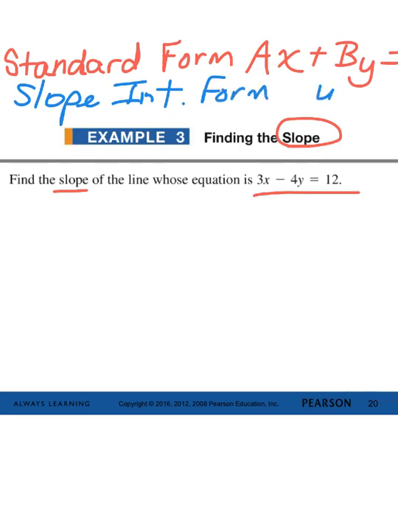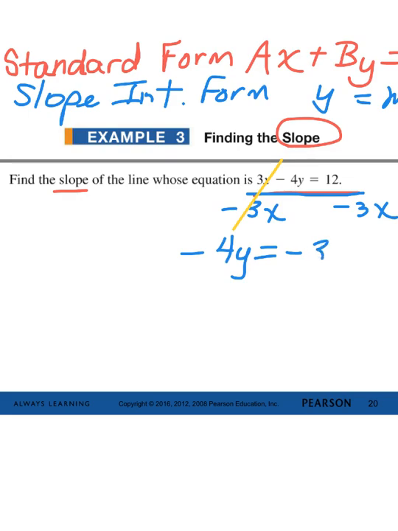Which is y equals the slope times x plus b. And we don't actually even have to find the whole equation, we just really need to find the slope. So what we would do is we'll take the original equation that we have here, 3x minus 4y equals 12. We're going to subtract 3x from both sides, which of course will have the effect of eliminating the x's on the left-hand side. And then what we have left is negative 4y equals negative 3x